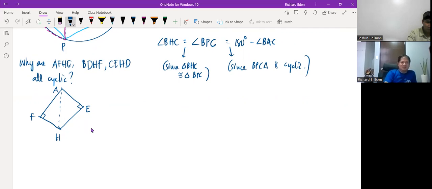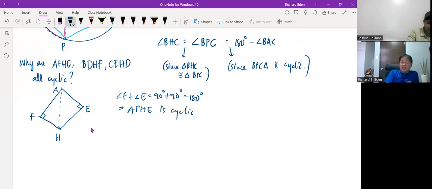All right. So the argument is simply because angle F plus angle E, they're both 90 degrees. And therefore, you have a pair of opposite angles adding up to 180 degrees. Therefore, AFHE is cyclic. In fact, aside from the fact that it is cyclic, what can we say about AH relative to